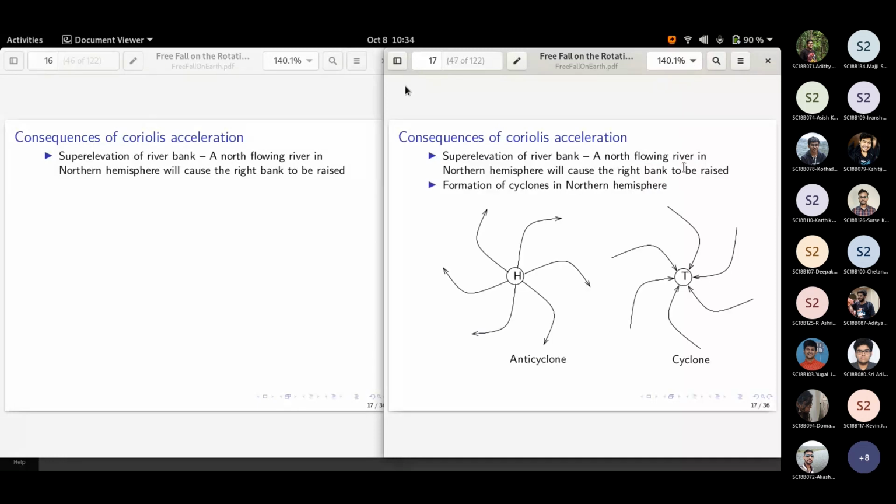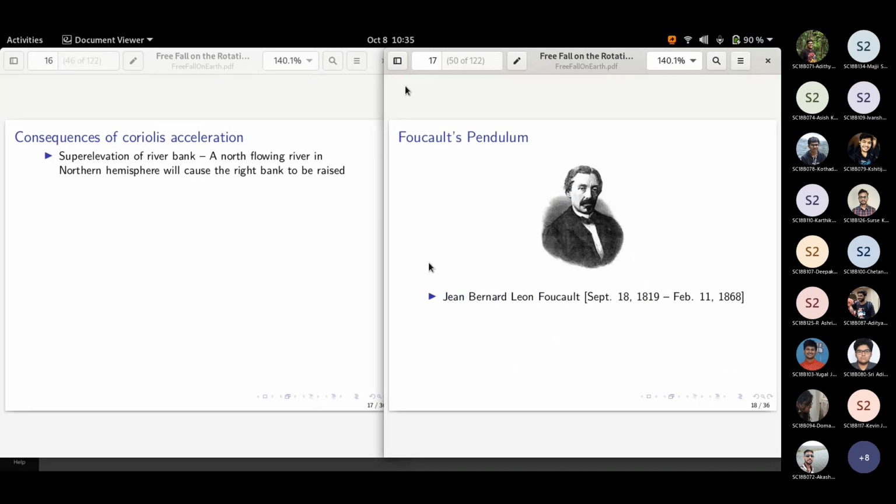Then you have cyclones and anticyclones. I think in the northern hemisphere it is clockwise, southern hemisphere anti-clockwise, or vice versa. I hope you have verified that drainage experiment, how the water flows down the drain, it swirls in a particular direction. That's the direction of the cyclone also. Okay, so that is about those parts.